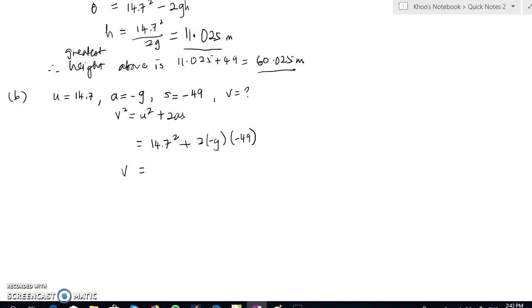Give me a minute while I work it out. Times 49. That gives us an answer of the square root of 1176.49. Alright, the square root will give us this answer, which is about 34.3